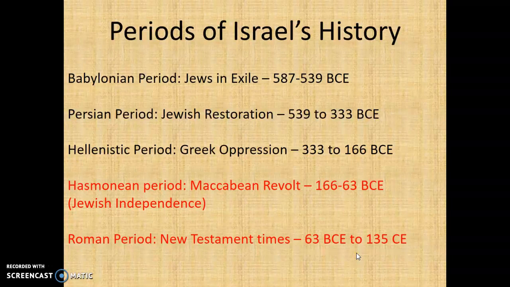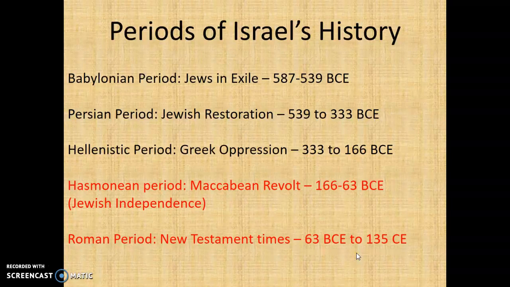But once we get into the Babylonian period, when the Jews were in exile in Babylon, this is when we start seeing important changes in history that will affect the New Testament and the time period that Jesus is alive. So if you'll remember, from 587 to 539, this is when many Jews were in exile in Babylon. Some of them had remained in Jerusalem, but there was not much for them to do with the temple destroyed and Jerusalem pretty much razed as well.